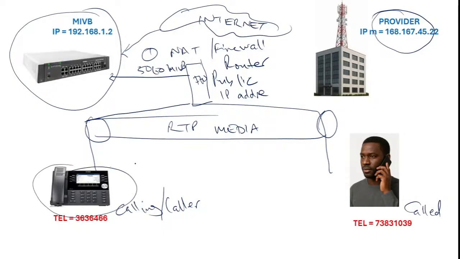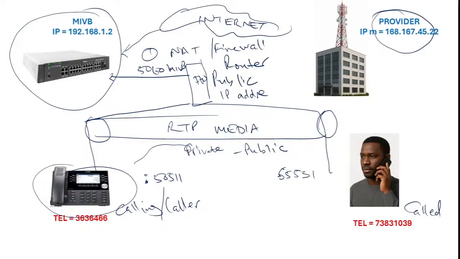It should be able to change it from a private IP to a public IP. It should be able to maintain the RTP port if it was negotiated at 50511 this side. It should not change,